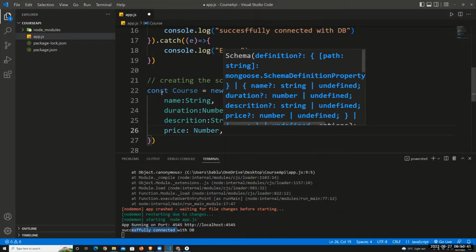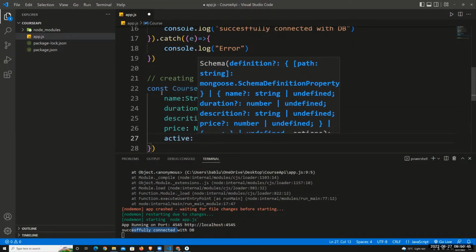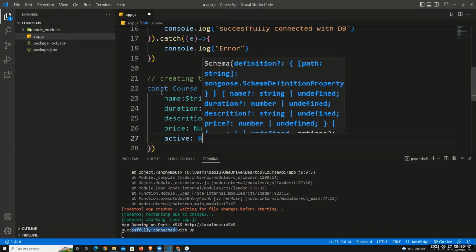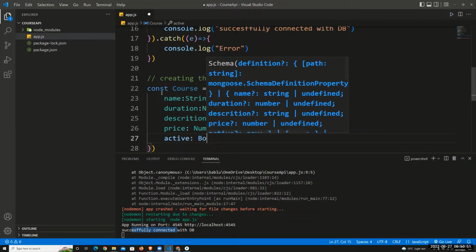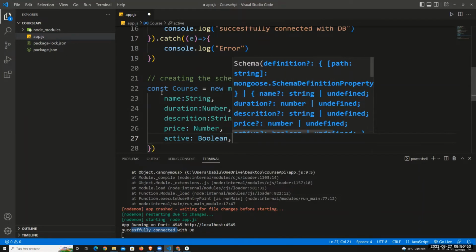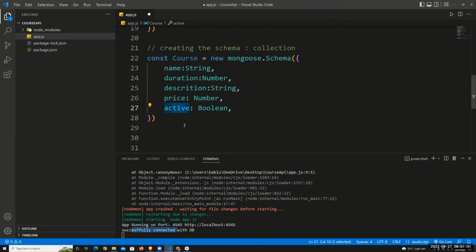You can write एक्टिव है नहीं है, वो भी एक बुलियन बना सकते हो। लाइक कोर्स अभी फिलहाल मैं बेच रहा हूं नहीं बेच रहा, एक्टिव, you can write it's a Boolean. ओके सो ये मेरे कोर्स के एट्रीब्यूट्स हैं कि मेरे कोर्स का नाम है, उसकी ड्यूरेशन है, उसका डिस्क्रिप्शन है, उसका प्राइस है, उसका एक्टिव है, मतलब कोर्स अभी एक्टिव में है नहीं है। सो इसके हिसाब से मैं मतलब मेरे वेबसाइट में कर सकता हूँ।